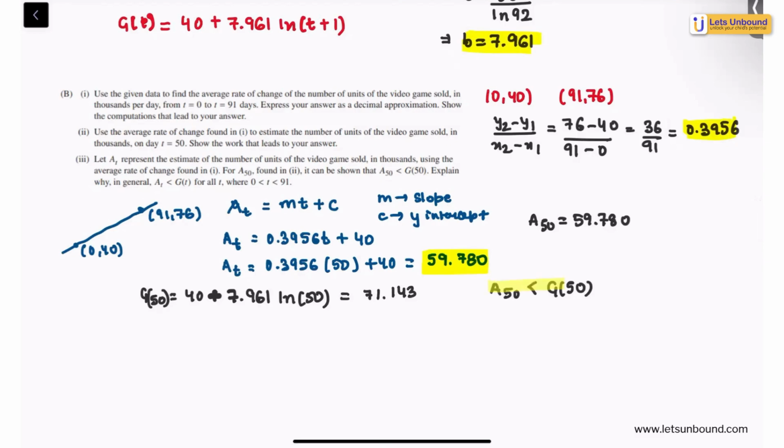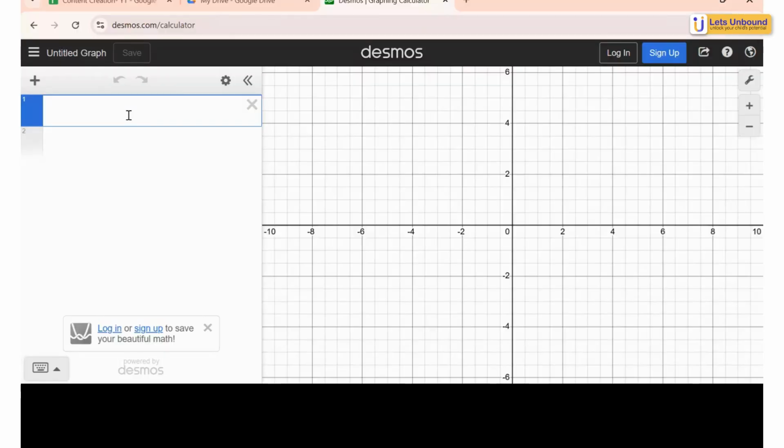So this we estimated using average rate of change and a line. But the idea is to understand in general why you think the linear approximation gives us a value which is always less than the logarithmic expression. Now let's try and understand it using our graph or functions. We can look at it using Desmos also, but we will look at it using our calculators as well as Desmos. An advantage of using Desmos is that it gives us a better picture of it. For example, we will be using the average rate of change line that we got and the graph function that we got from it for reference.